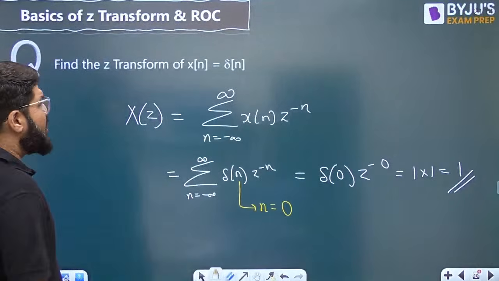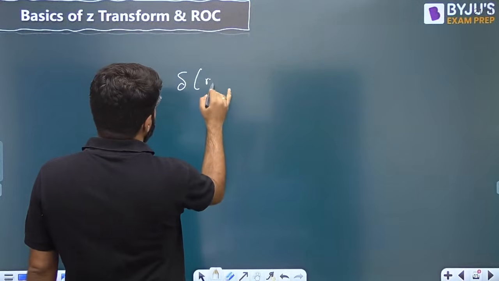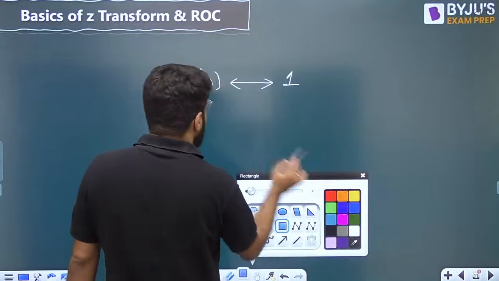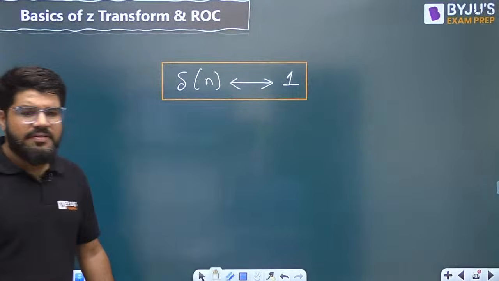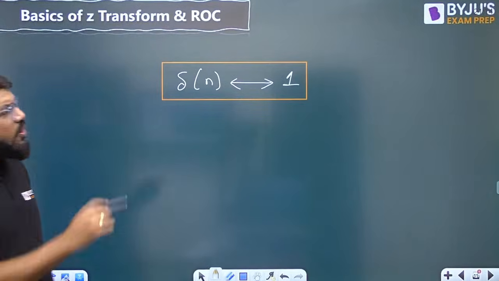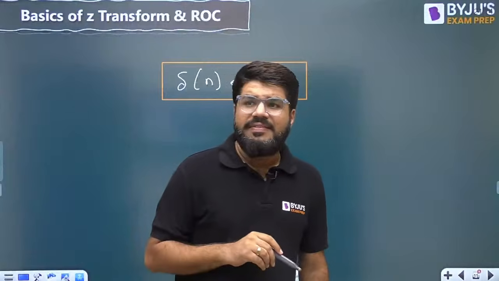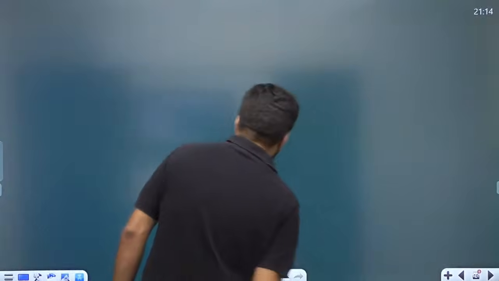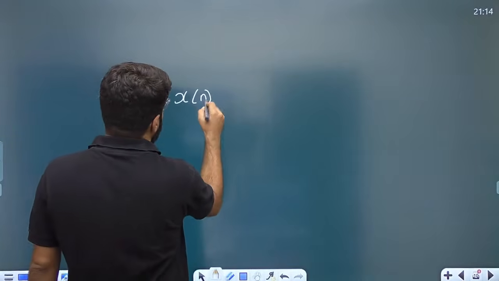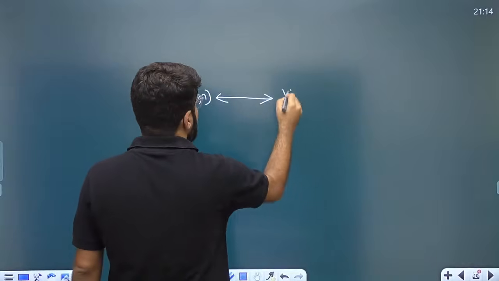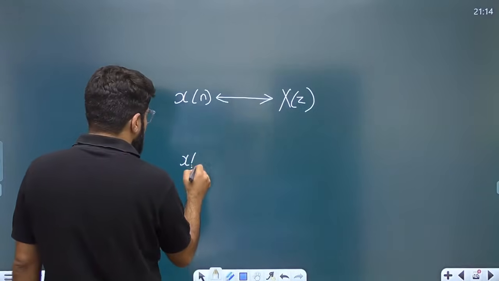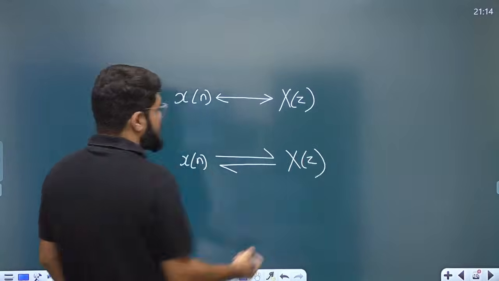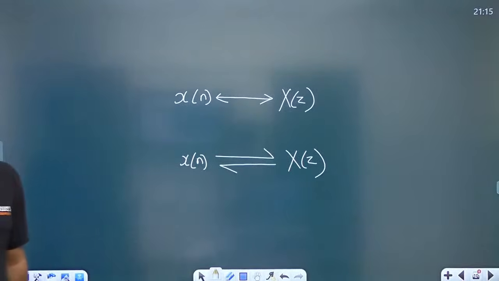So you have the first Z transform pair: delta[n] has the Z transform equal to 1. We commonly represent a Z transform pair, x[n] and X(z), by this sort of double-sided arrow, which simply means